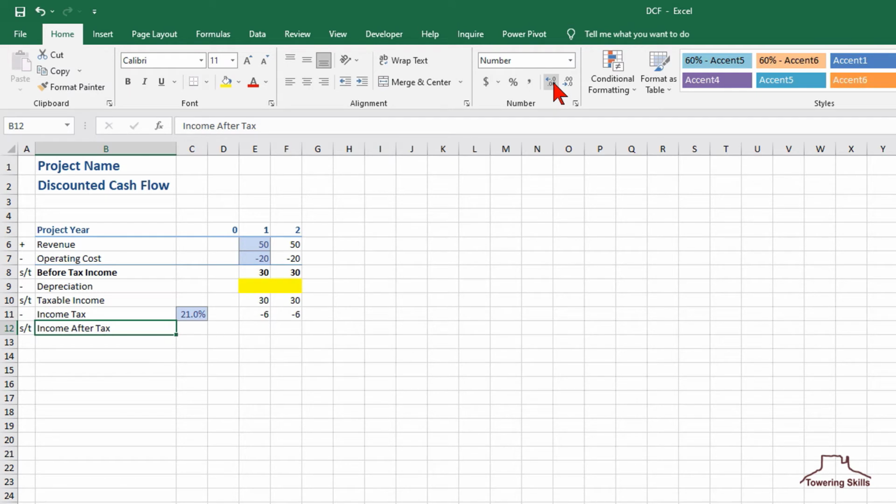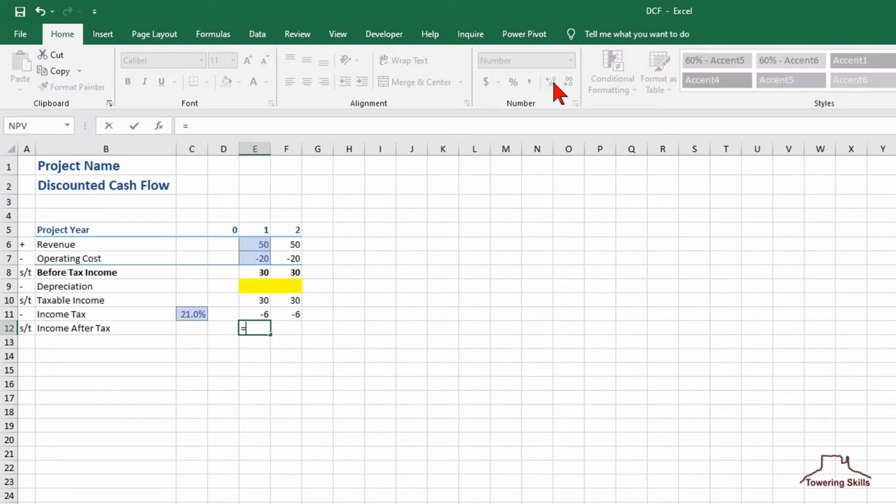In cell E12, we'll add the formula E10 plus E11 to sum the taxable income and the income tax, with the income tax entered as a negative number. We'll copy cell E12 and paste it into cell F12. And we'll format line 12 as a total style.